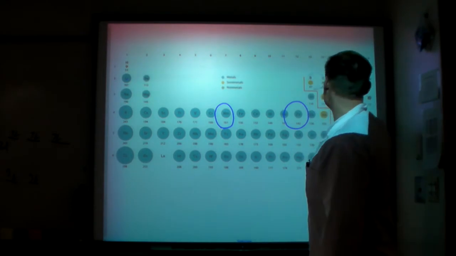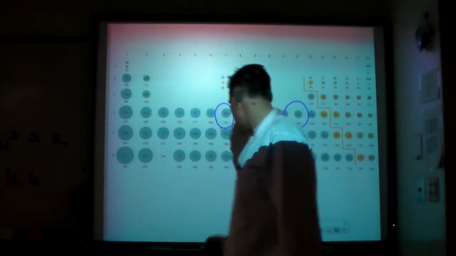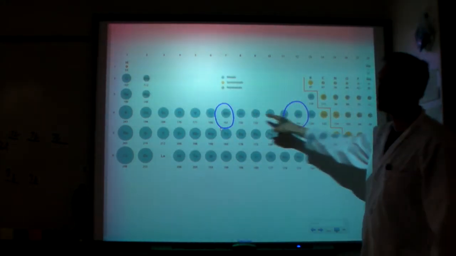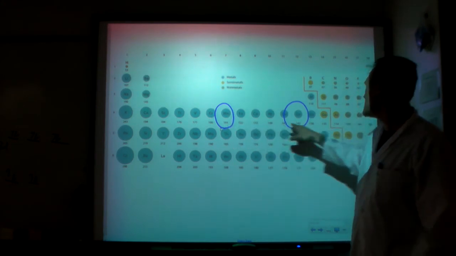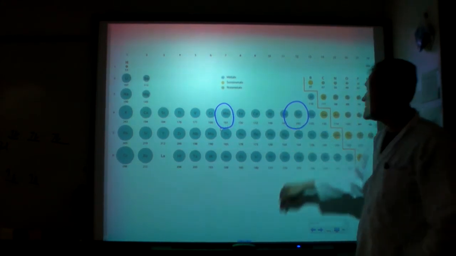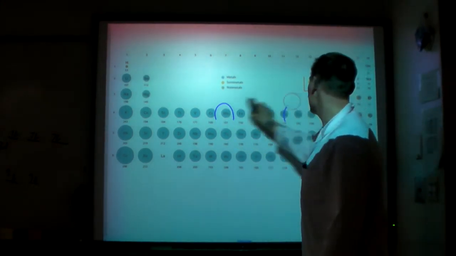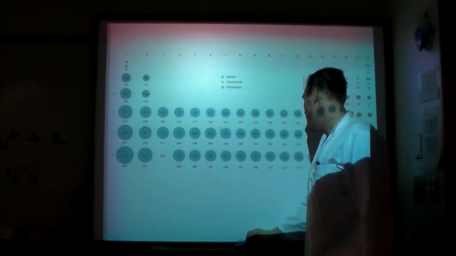However, when I drop 5 elements across this section here during the transition metals, I went from 161 down to 142. And as a matter of fact, if I compare all of those in that row,